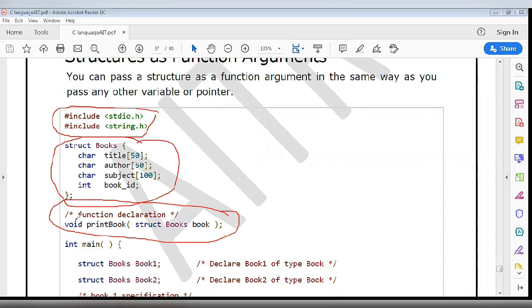Here we have taken a function printBook, having return type void and one argument of type structure, struct books book. Now we will understand how we can write the main function. In the main function we have taken two objects of the books structure.